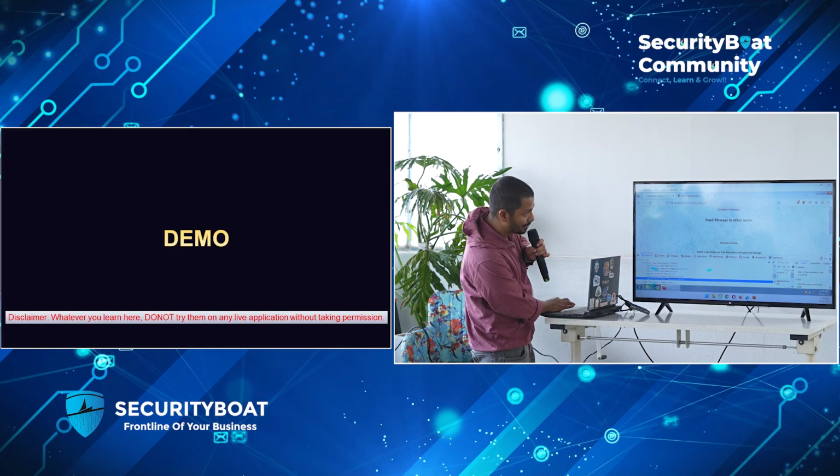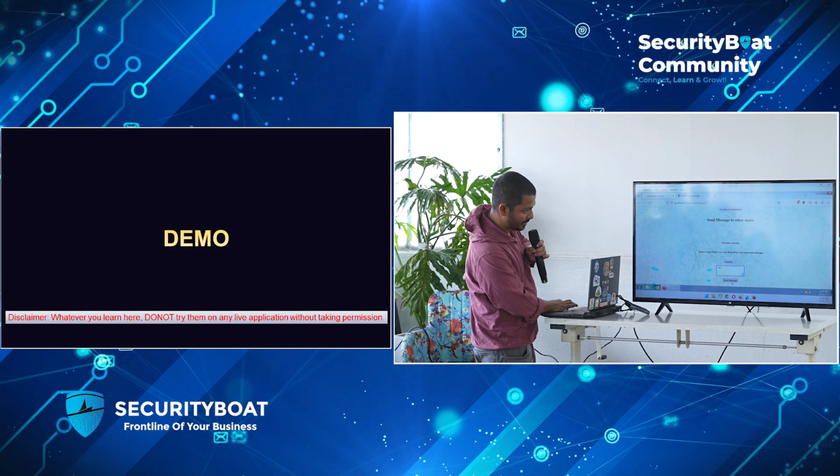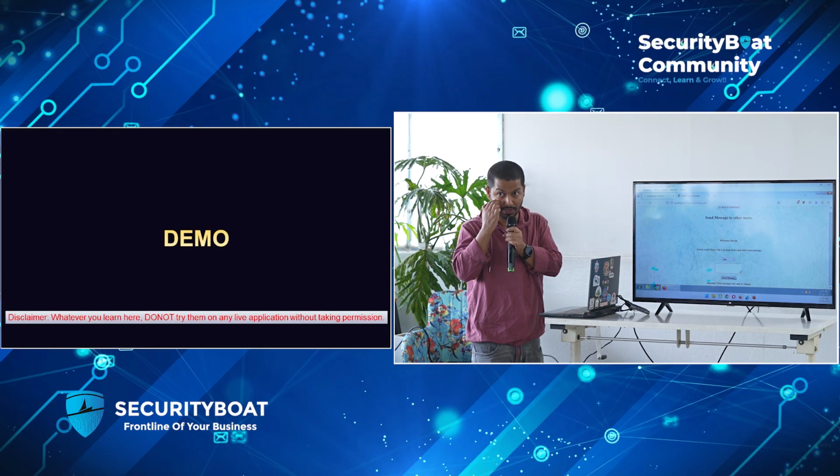I may not be able to demonstrate this properly. Here, though it shows C side, the internal value I changed to admin. And you can see your message was sent to admin, not C side.